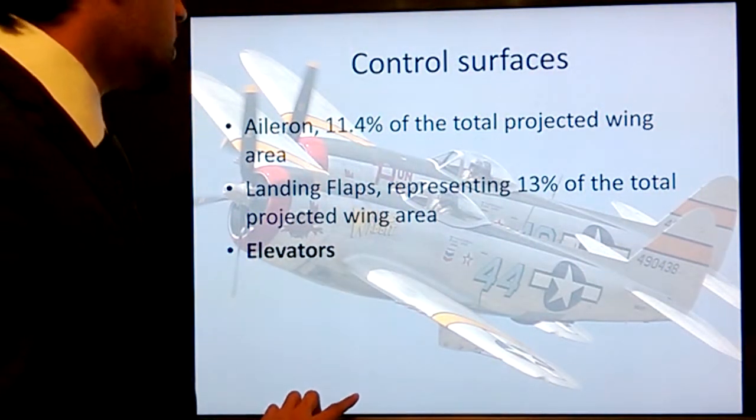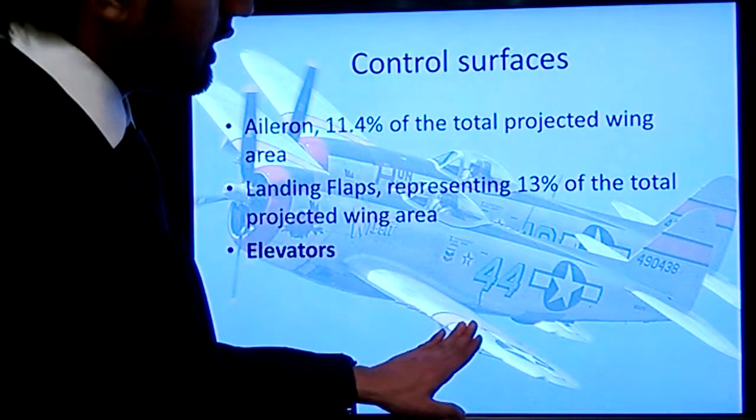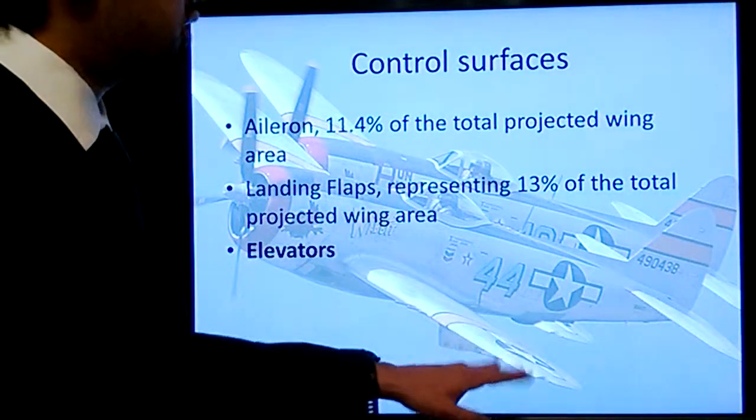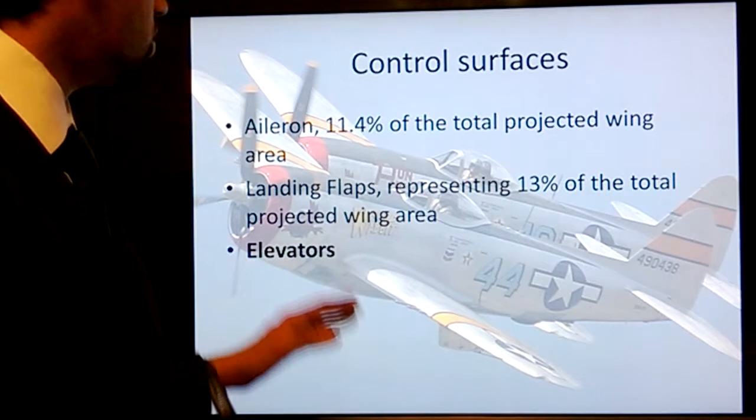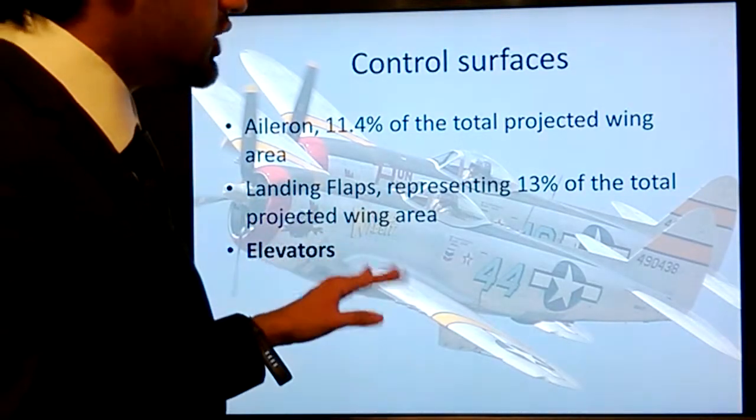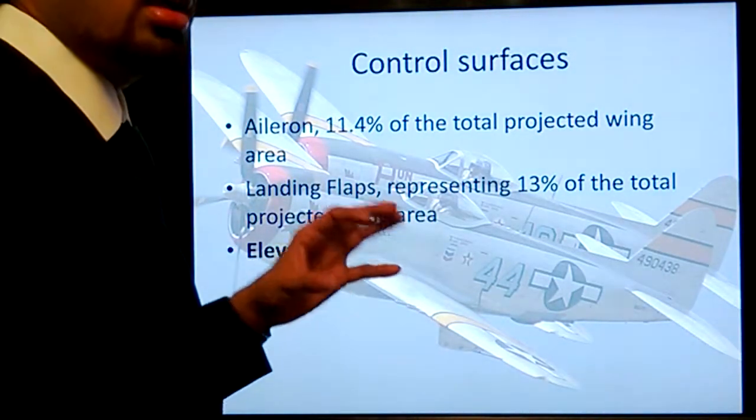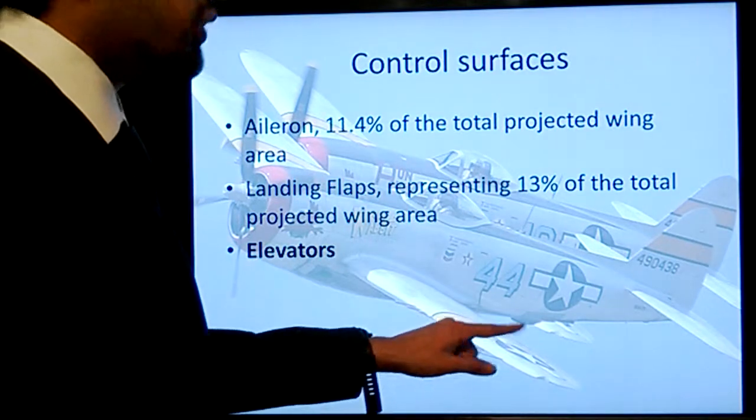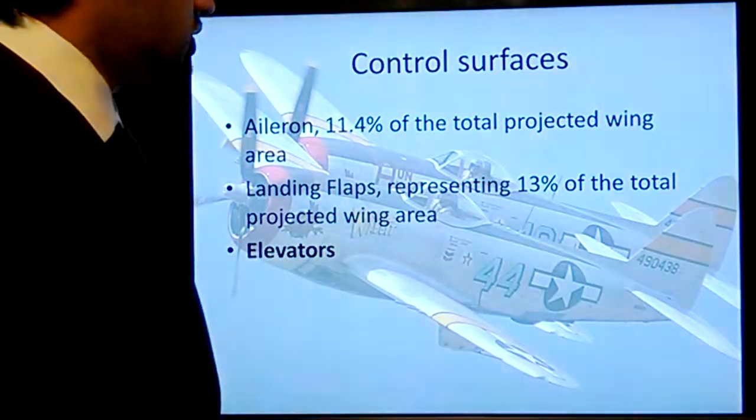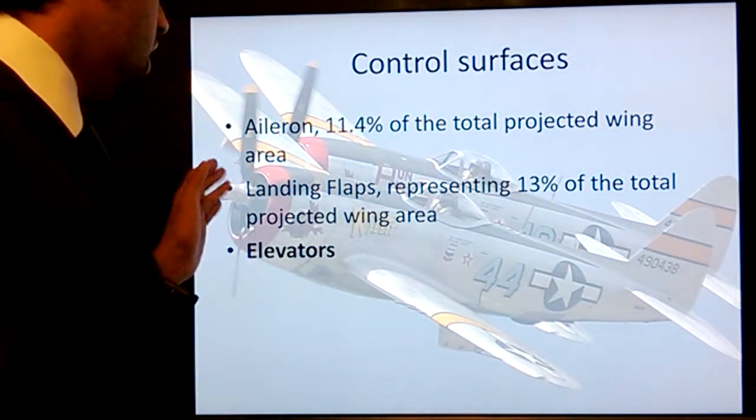Control surfaces. There are two main spars and three auxiliary spars in this airplane. Each control surface is joined by a steel hinge to one of the three auxiliary spars in the wing. The aileron, the flaps,